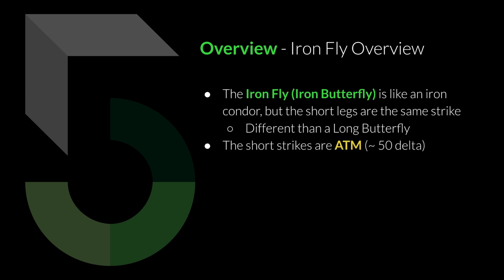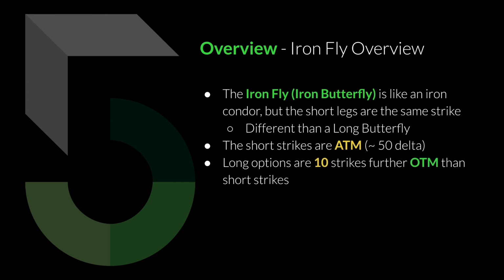So the way that I'm setting it up, just as a brief reminder, is that the short strikes, the short call and short put, are at the money, which is about 50 delta. And the long options are 10 strikes further out of the money than the short strike. So this would make it a 10 strike wide iron fly. Collateral is about $1,000. What I'm doing is I'm entering every day at 7 DTE, and I'm using SPY for all